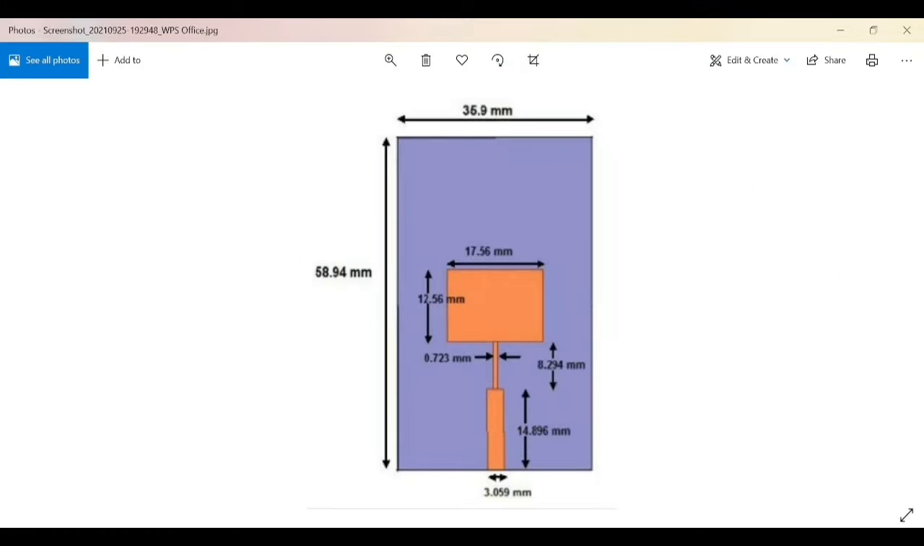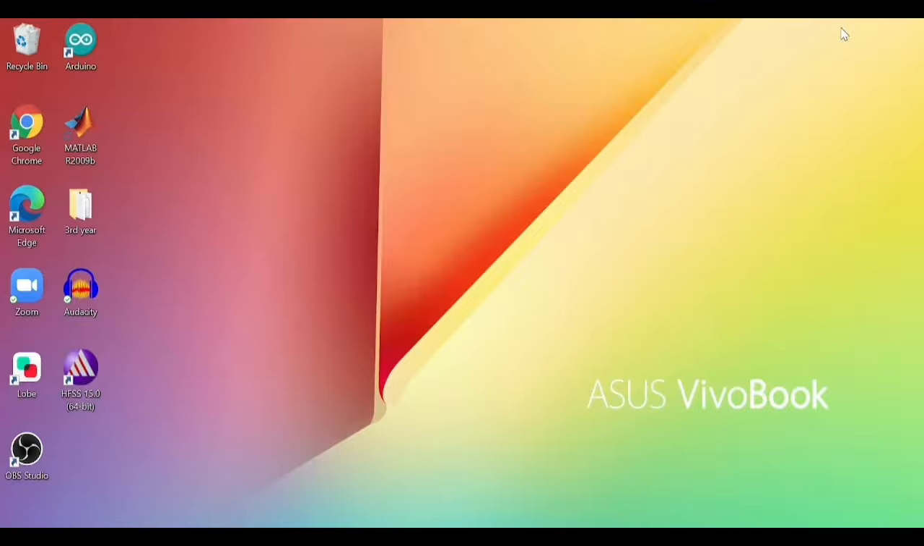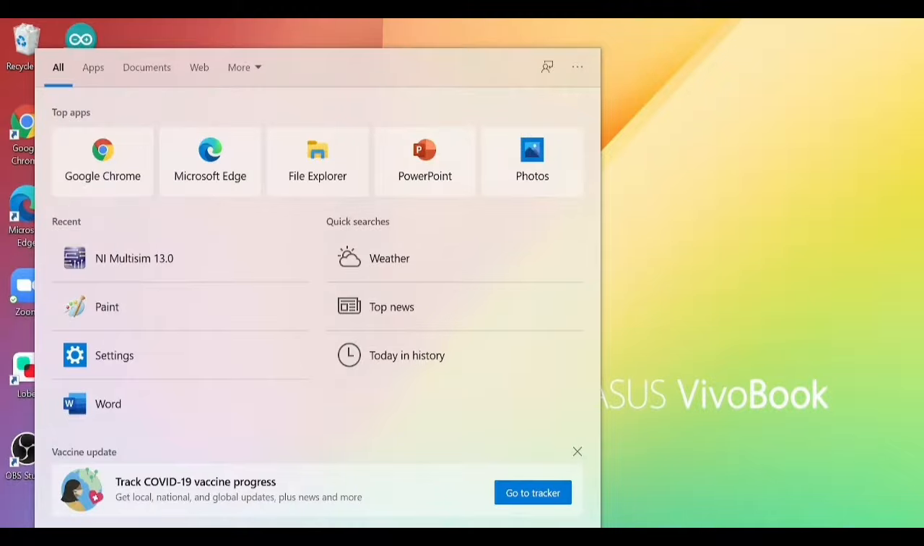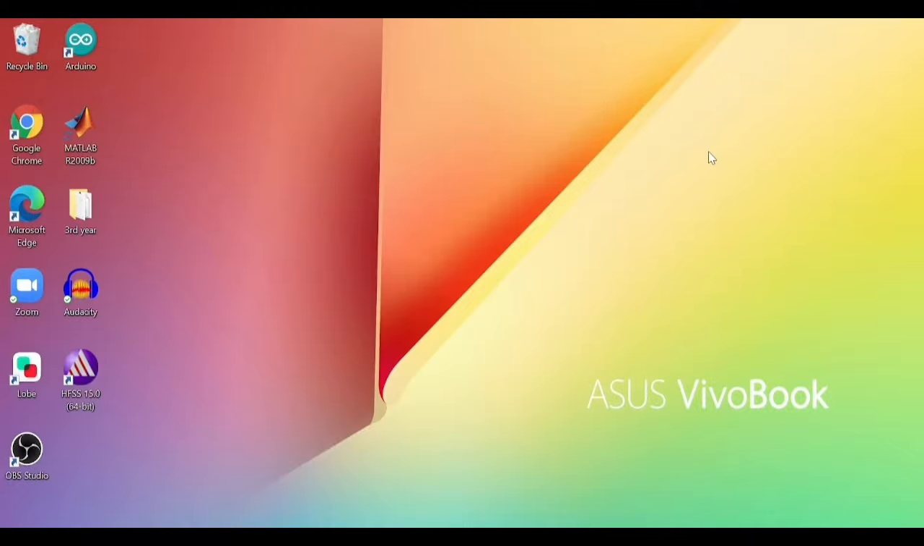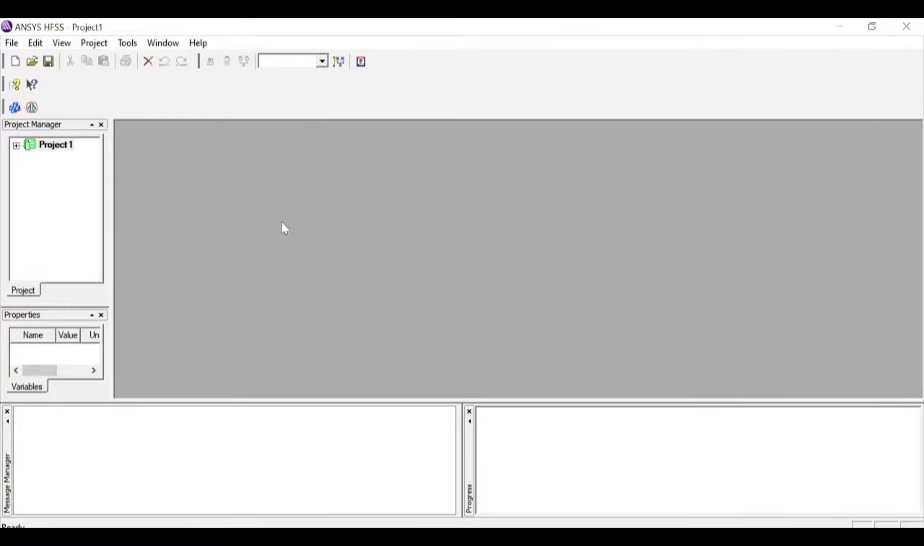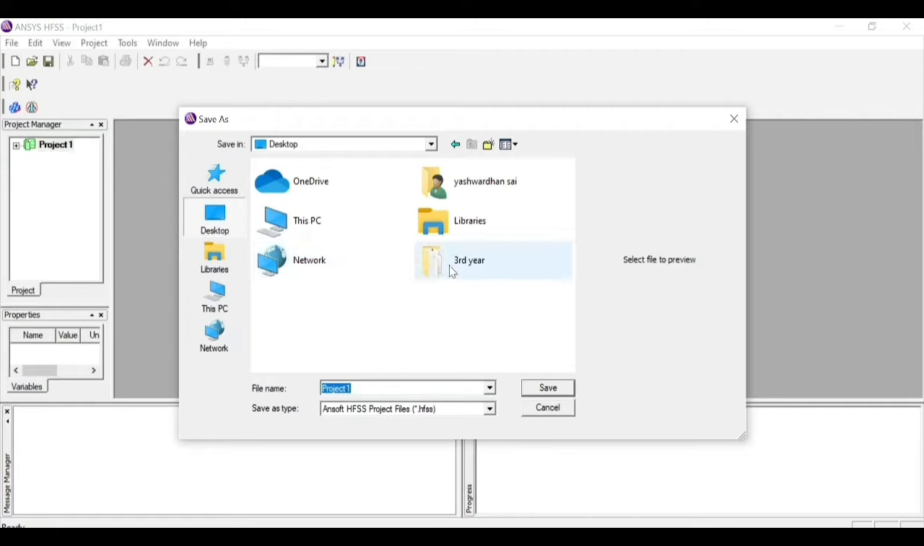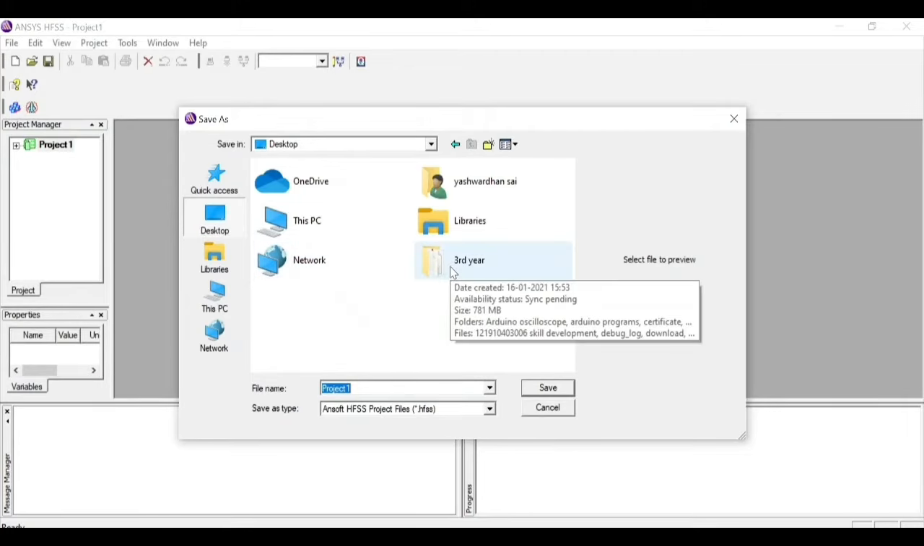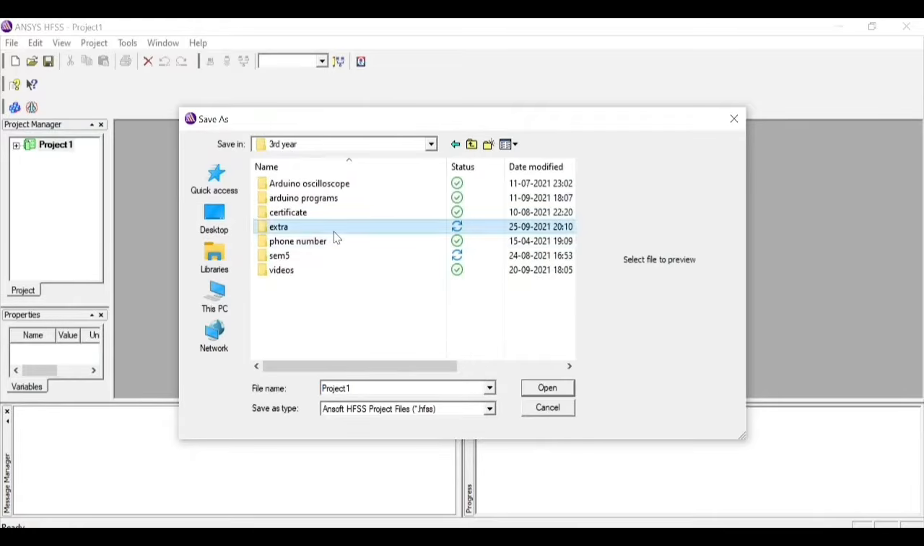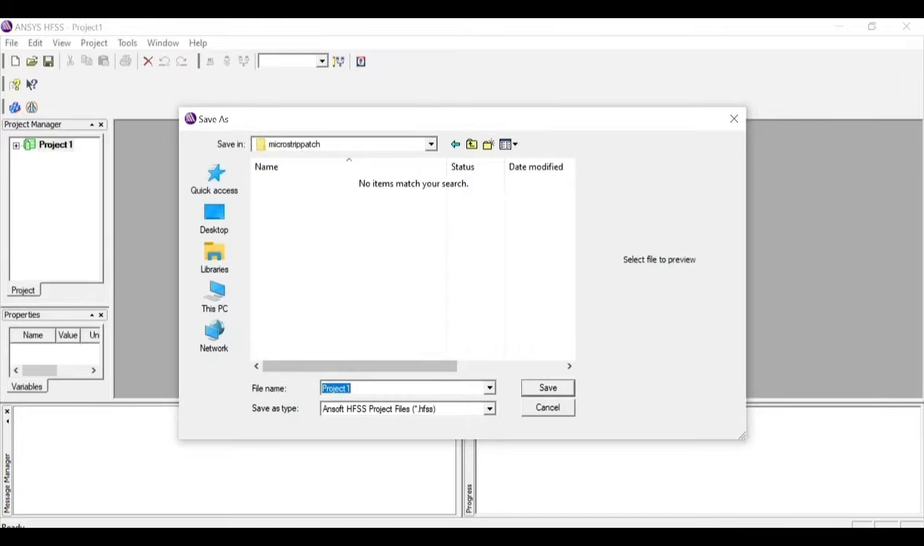Okay. Now to do this, first of all, click on the HFSS software icon that is available on your desktop, or else you can type HFSS in the search bar and open the software. Now after you open the software, first of all, right click on Project 1 and click Save As. You can do this step after you have created the design and before running the simulation. Then go to the third option and select the place where you want to store it. Let me name my project as patch antenna